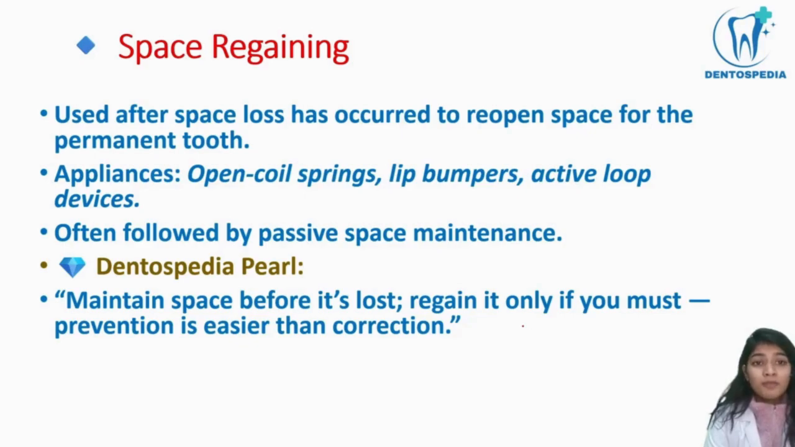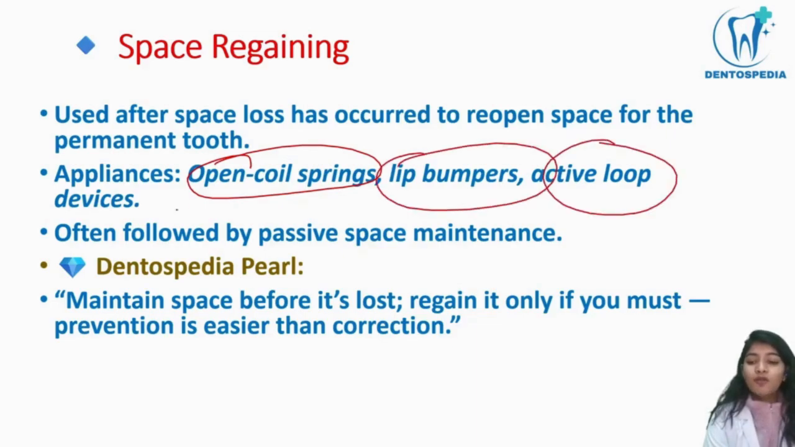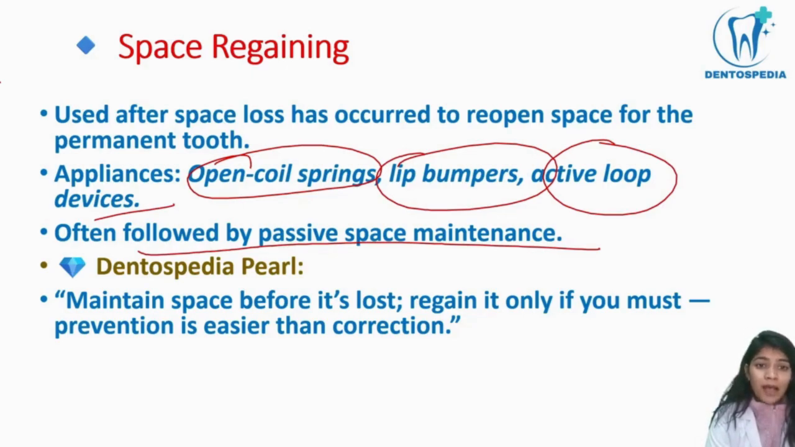Now the space needs to be regained for the permanent tooth to come in. So appliances are used. These devices actively push the teeth apart to create the necessary room. They include open coil springs, lip bumpers, or active loop devices. Once the space is regained, it is often followed by a passive space maintainer to hold the space open